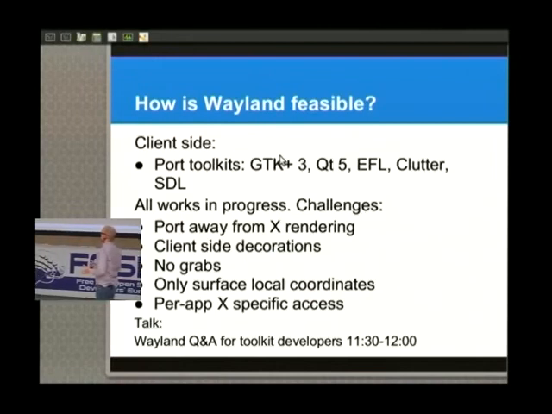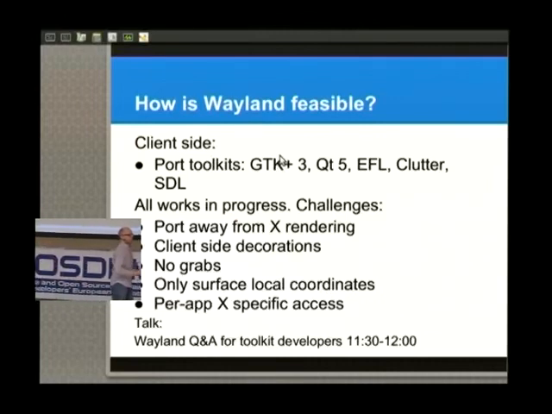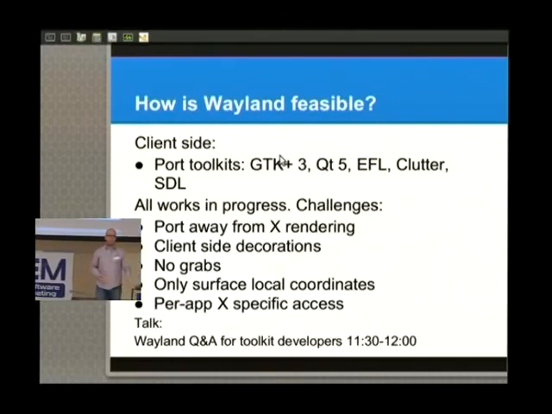So that's all good, but the problem is that once we go to that model, we can't just tell the client this is where you are on the screen, because we can't communicate that transformation. It could be that the window was bent or put around a sphere or something, so it could be anything that we can think of. So we cannot communicate that to the client, so the client can't know where it is on the screen.